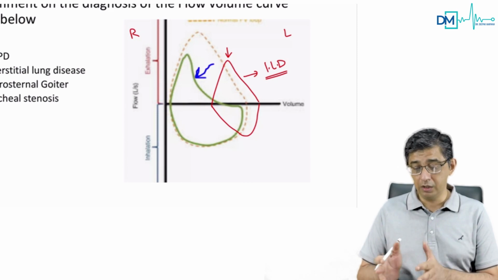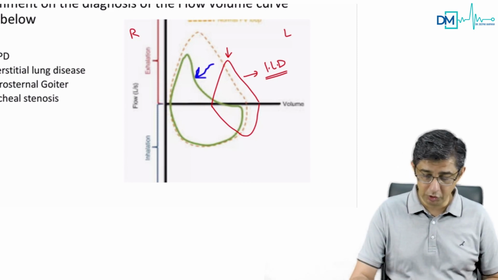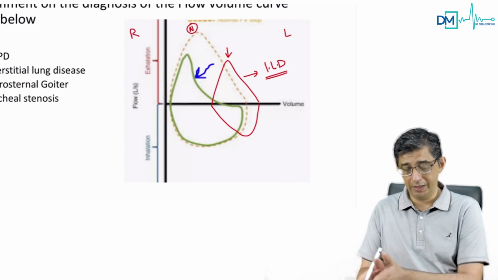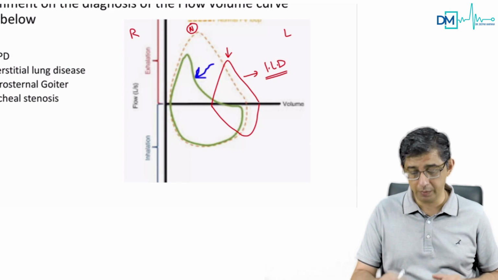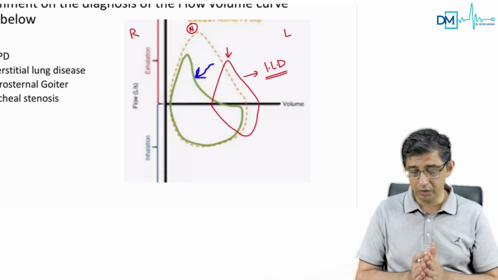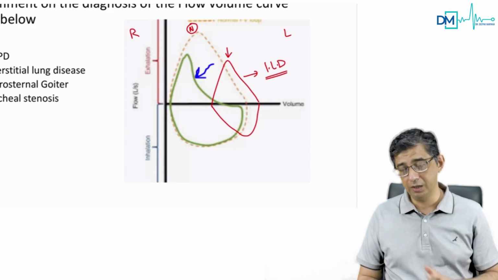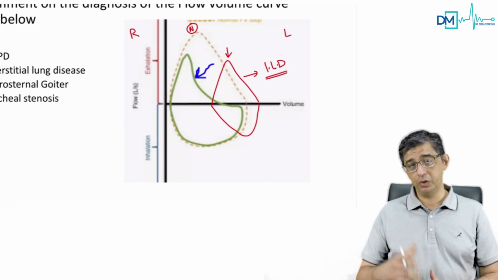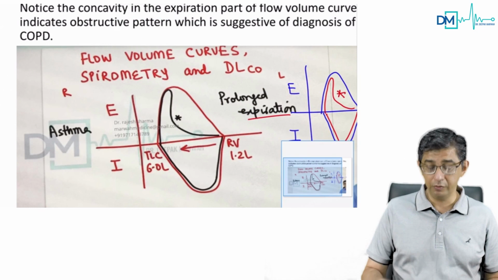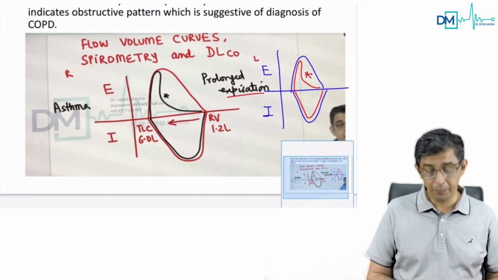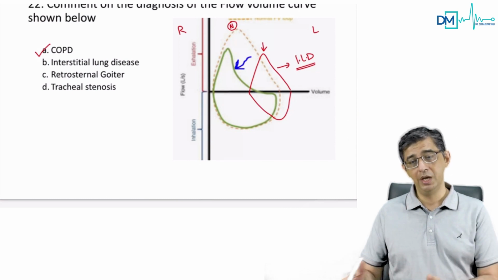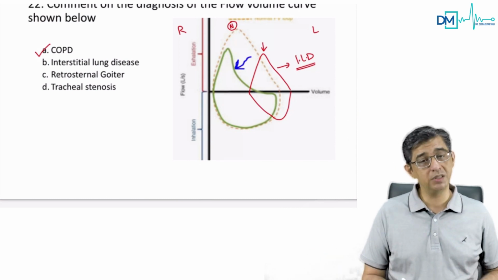So if you get a curve shift, if the curve is given, this is normal. If it gives you a curve which is slightly shifted towards left, it has a very pointed beanie cap appearance. As compared to normal, which is more curved, it will have a proper pointed beanie curve appearance in interstitial lung disease. If you want to listen to more details of this, you can go to the main section in the app where I've discussed flow volume curve. But this, I think, was a piece of cake, guys. You can very well see COPD is the answer, because there's a scalloping, there's a concavity present.